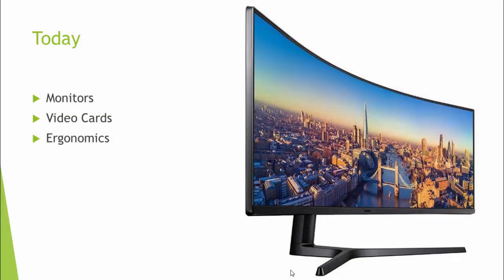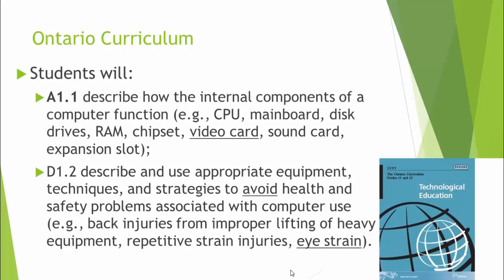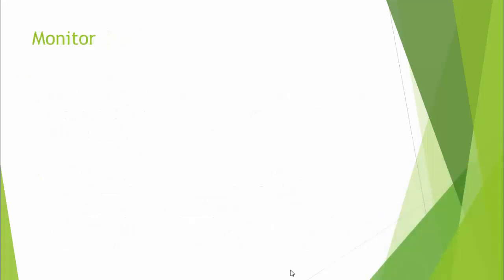So today we're going to talk about not just monitors, we're going to talk about video cards, we're going to talk about ergonomics. The Ontario government would like for us to be able to talk about these things, specifically video cards, and talking about the ergonomics of video, including avoiding eye strain. The monitor, we can